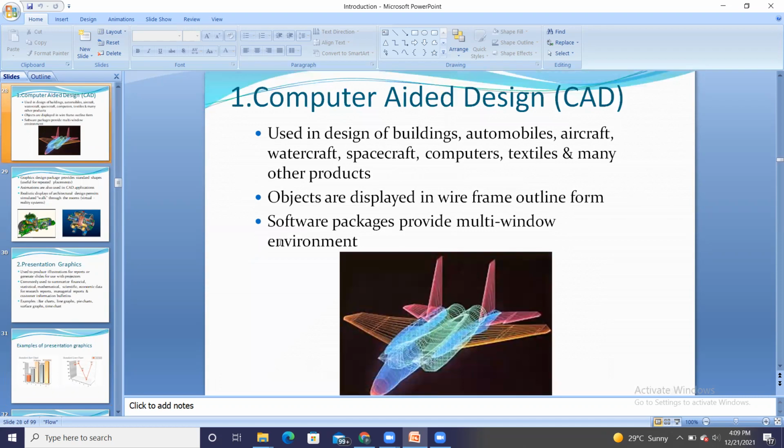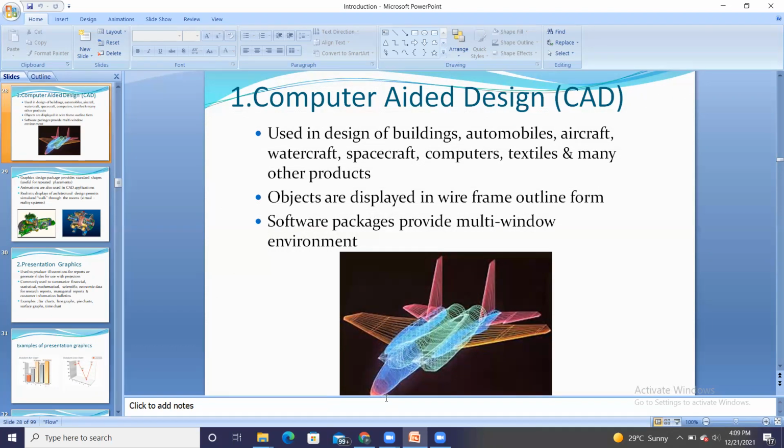Just now I told you that computer aided design, that is CAD, is used to design buildings, automobiles, aircraft, watercraft, spacecraft, computers, textiles, and many other products. They are displayed in wired format or outline. You can observe in this diagram that the aircraft is represented in a wired format, showing the outline.